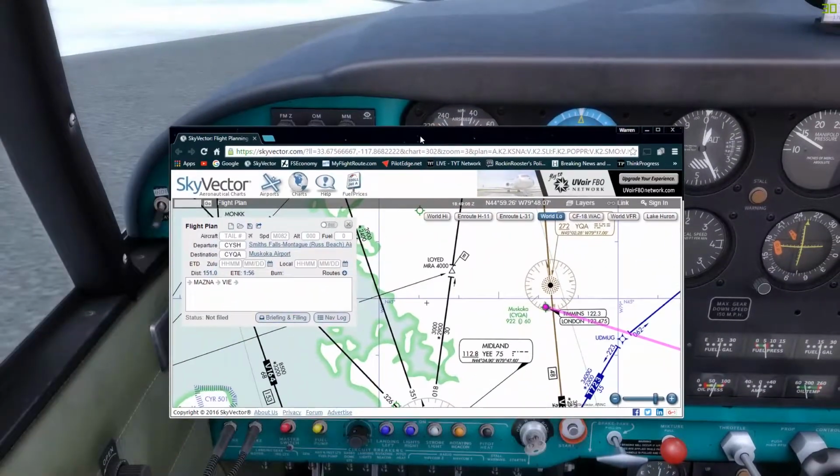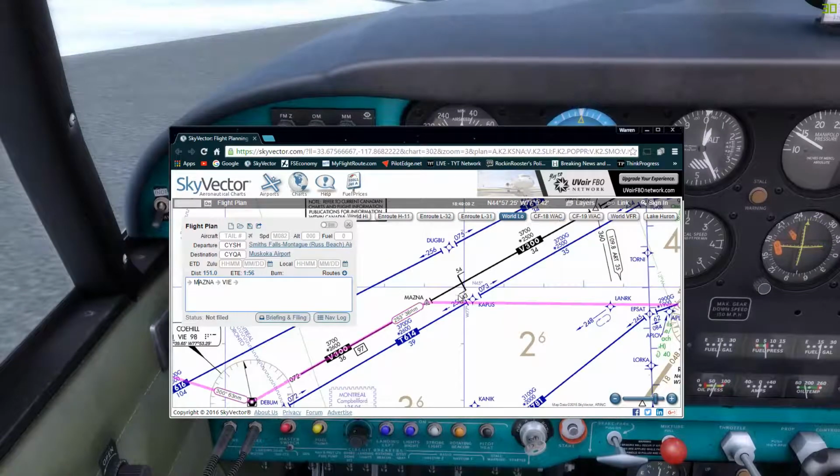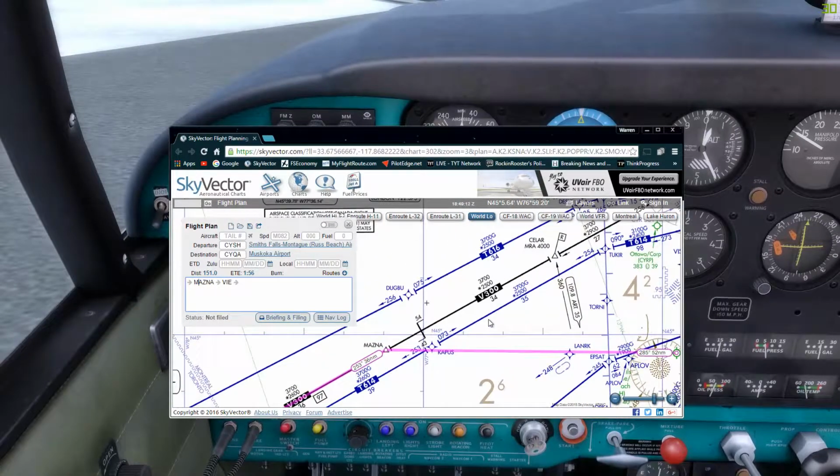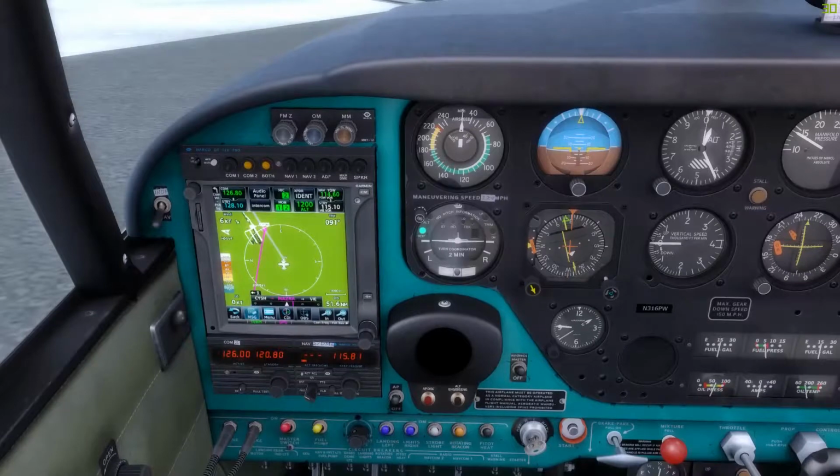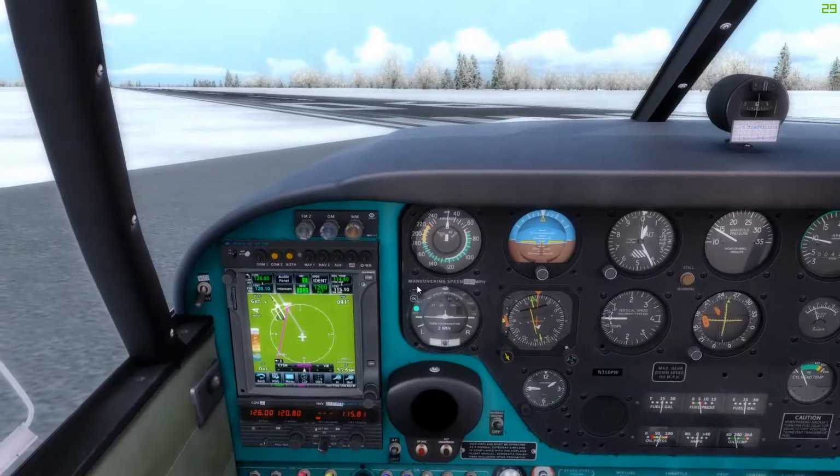Mostly because if we go to Mazna here, we can see that this is the halfway point between the two VORs, and you should flip from one to the other when you get to 54 miles away. Where we're going to be intercepting it is past it, but we're still going to use this VOR to show when you're 60 miles from a VOR, it is really different than when you're up close. And so we can keep track of that with this, and it lets you know how close you are to your